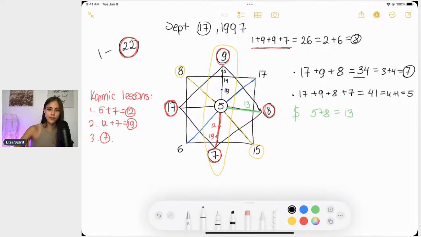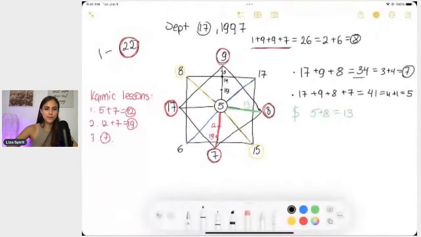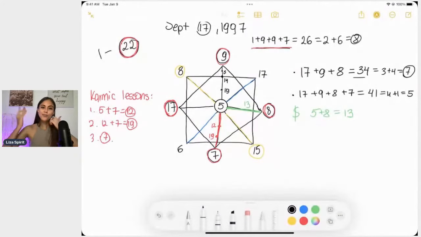And I think we got all of them, 2097. Yes. Why this line is important. Let me erase this one and I'll go back to this one. Why this line is important? Because all these energies, new insight, I'm gonna share a secret with you. All these energies are also related to chakras.